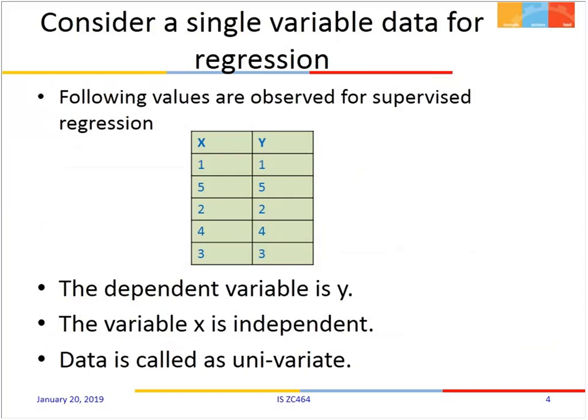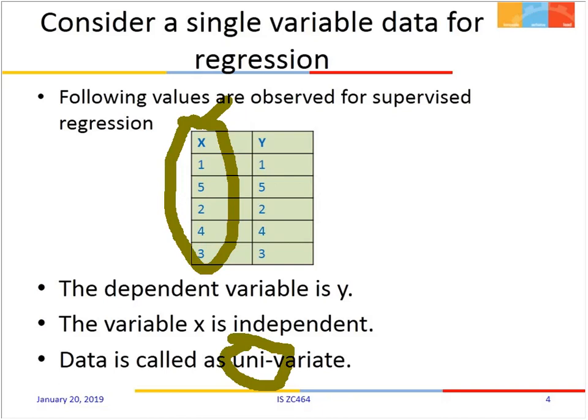So consider a single variable data for regression. Let us say there is one parameter x which has its effect on y. So y is a dependent variable and x is the independent variable. So we call this data univariate. So this uni stands for a single, and this single data is referring to the x value of this set